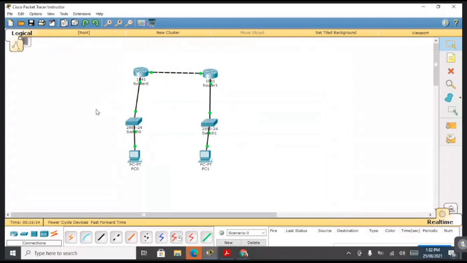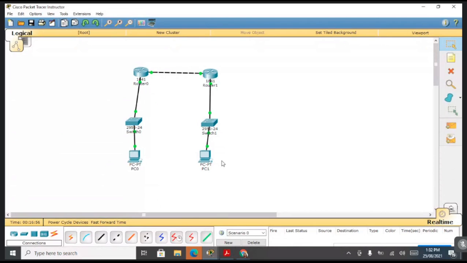Now practical number 3 and 4 are almost the same structure, only on both the routers you have to configure the static route, and in practical number 4 it is RIP, the routing information protocol. This is used by the routers to exchange the routing information on the network. The main function or main aim of using RIP is that it determines the most efficient way to route the data on the network, and it also prevents routing loops. So this is about the RIP practical.